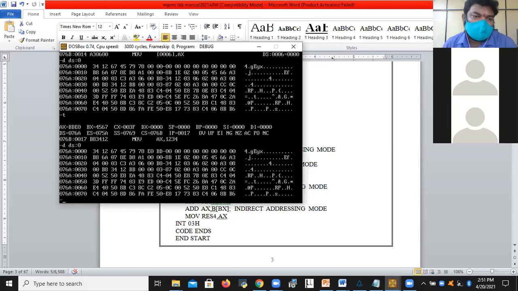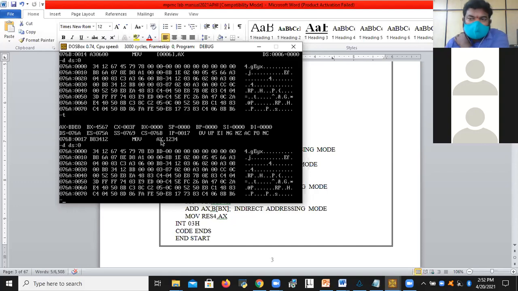No one will tell you like this. There is no doubt, in single step execution mode, no one will tell you. Most people just execute all the lines at a time and show the result in general labs. But here I was executing line by line and showing the result and how we are storing the result in memory. Initially the memory is empty, right? We will be filling up the memory with data by giving suitable instructions.